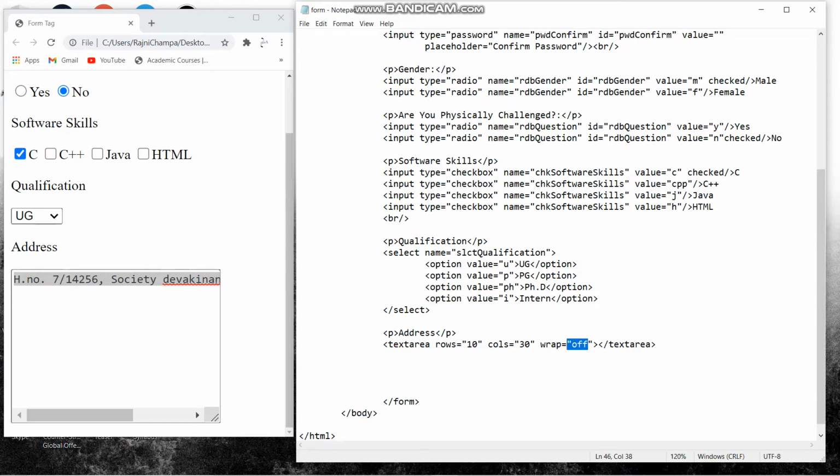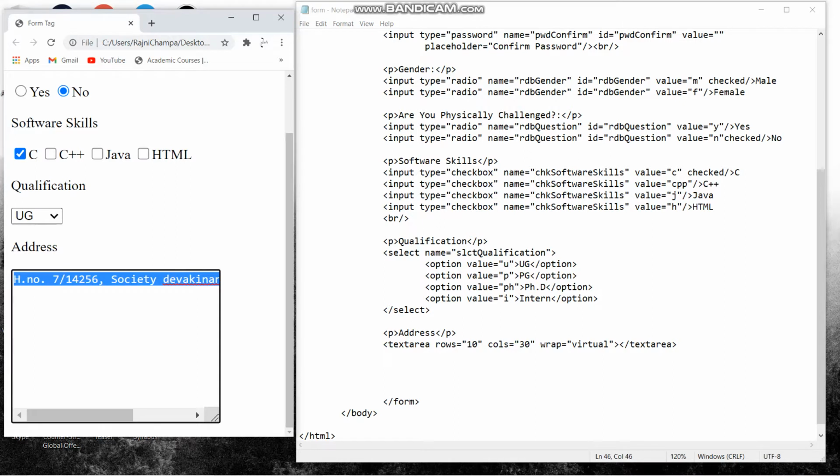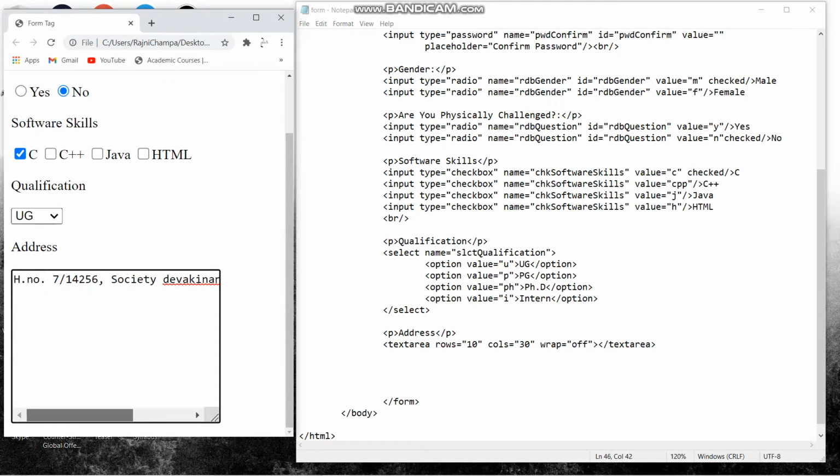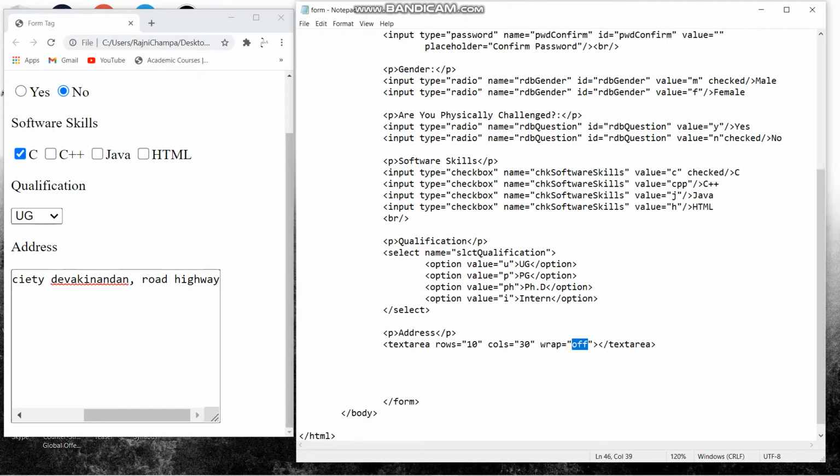Now what happens here is, if we fill this form with wrap equals virtual, the similar thing as when we wrote wrap equals off, the string of this address text area will go as a single line, so it would be a mess. So what we write here in the text area is wrap equals physical, and the string will get into another page how we want it to be.